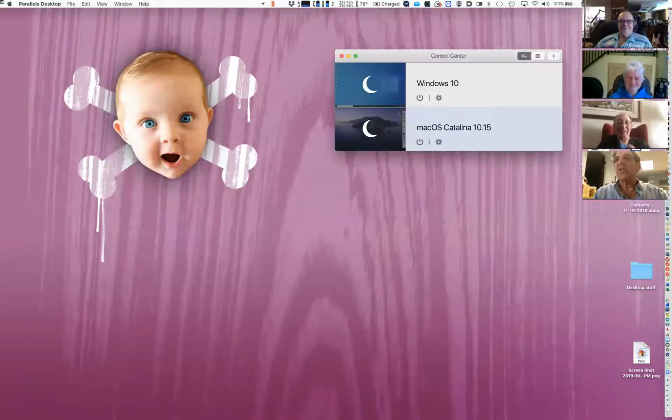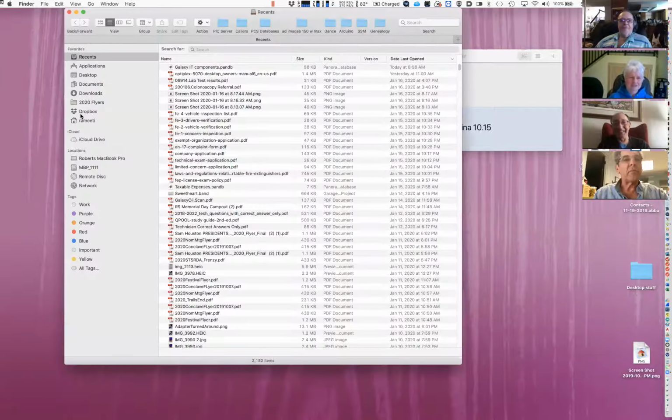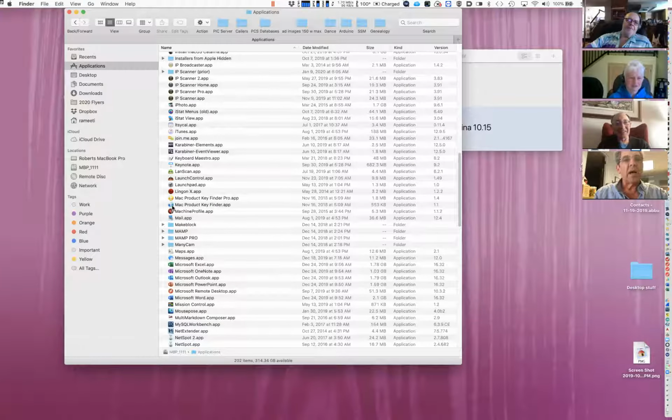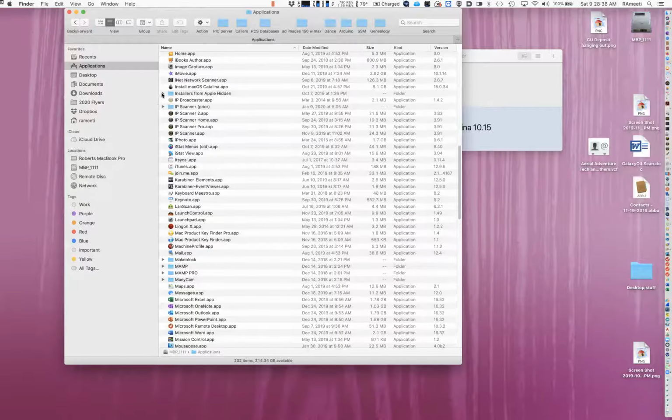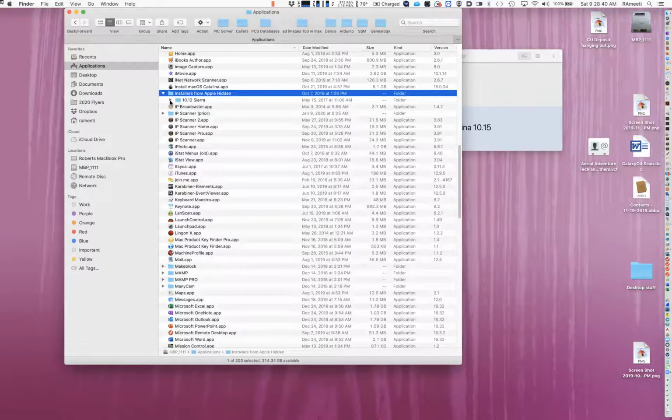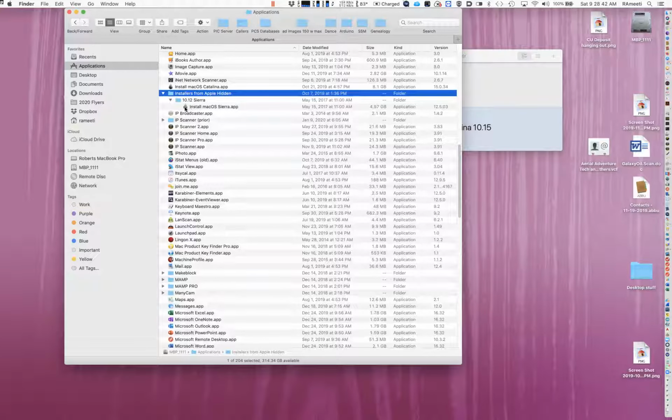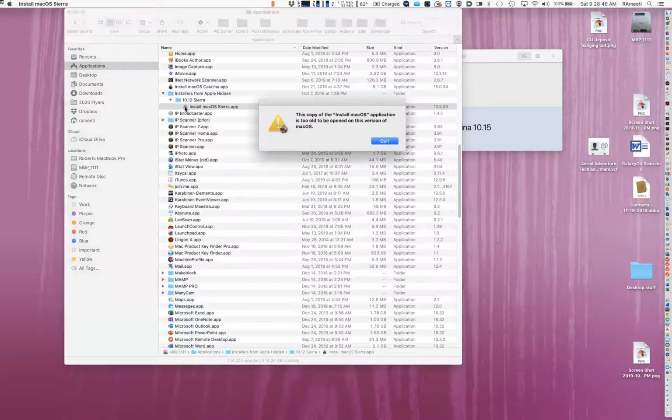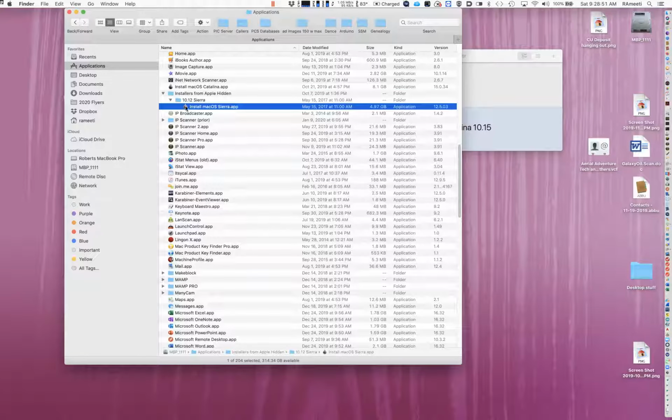Okay, so if I was to open up a Finder window, and go into my Applications folder, I probably have a couple of installers in here. Installers from Apple, hidden. Okay, so here's a Sierra, for instance. Now, if I was to try to run that, it's too old, it couldn't run anyway. That's probably why Greg couldn't run it. Anyways,